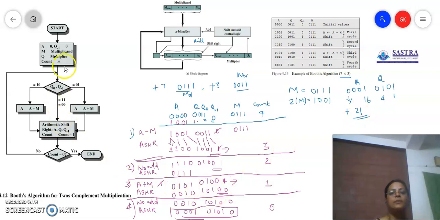As far as the Booth algorithm is concerned, it will work for both positive multiplier and negative multiplier. So maybe you can try it as an exercise for a negative multiplier. Instead of plus 3, you can try minus 3. What are the changes expected here? The multiplier will be available only in this Q register. So instead of having it as 0011, you have to write the Q with the 2's complement value of 3, and then proceed. The same steps can be repeated, and then you can check whether you are able to get the answer as minus 21. So this completes the discussion of the multiplication.